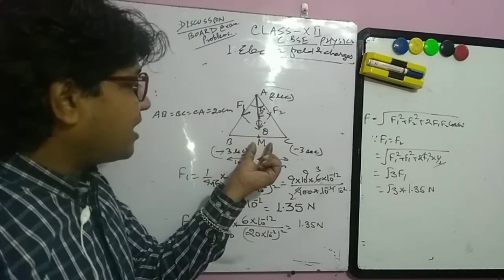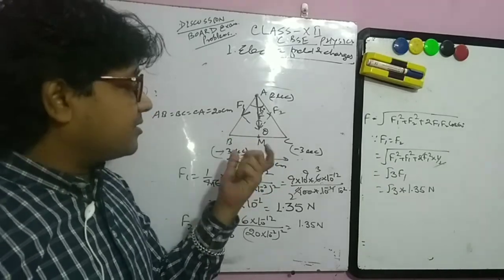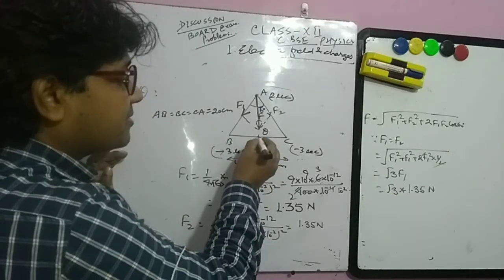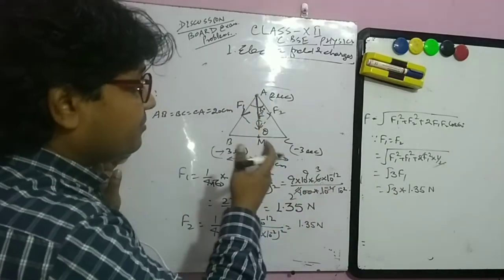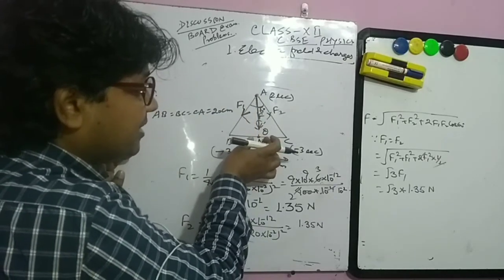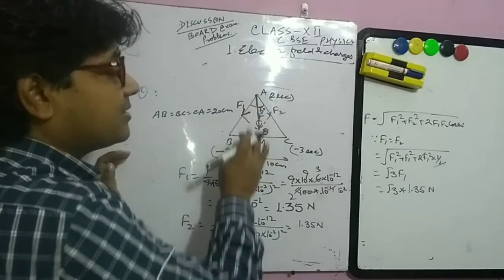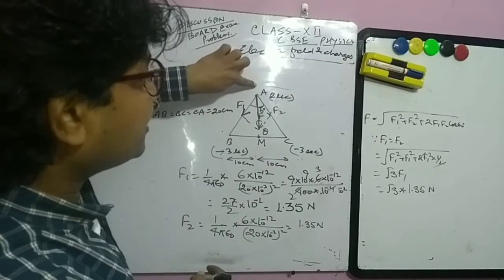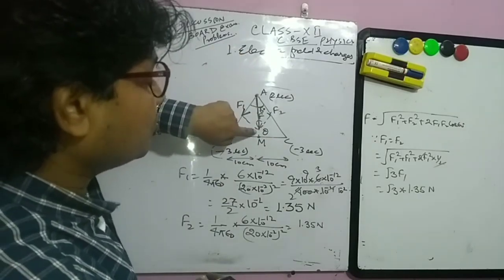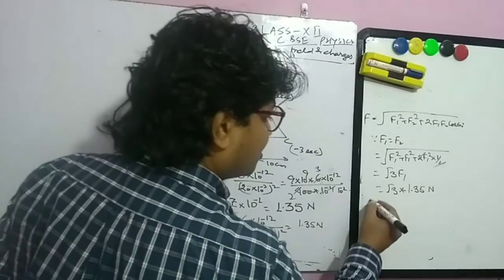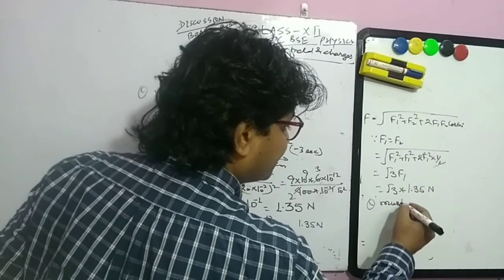Now the charge, what charge? So what charge do we have to place at this place that can balance it, equal and opposite? So if it is positive, then certainly this charge Q should be positive. So Q must be positive.